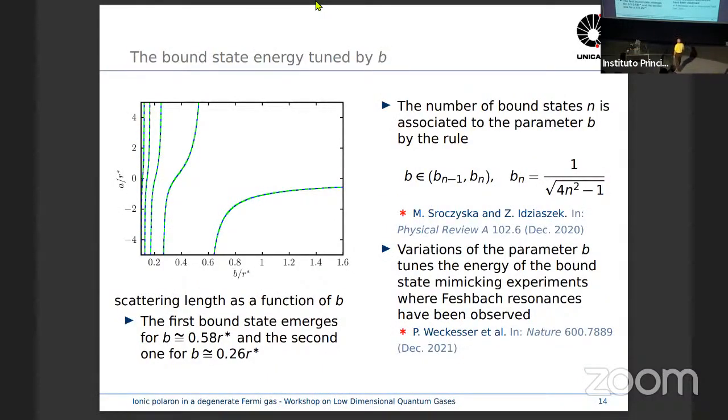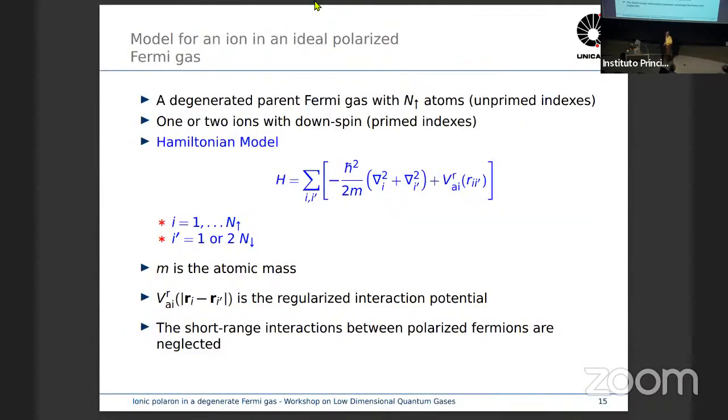The number of resonances that we have here can be found through this expression here. And the numerical values that we have for the resonance is 0.58 R star, the second one 0.26 R star. And variations of this parameter B tune the energy of the bound state, mimicking experiments where Feshbach resonances have been observed. The model that we use to describe this system is given by this Hamiltonian, where the first term